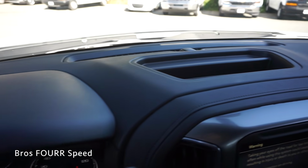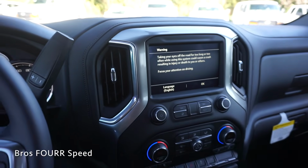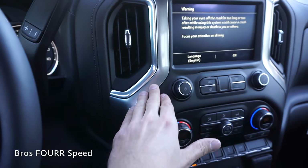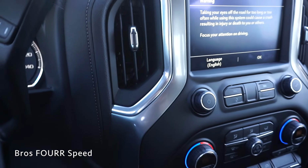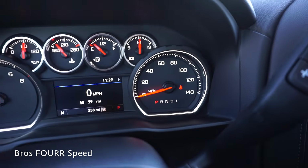We have a little bit of a storage pocket up top. We have more stitching and design around the whole center stack. More of the same aluminum color accents as well as a gray accent to it. Really clean look overall. To take a look at the gauge cluster, we have your speed on the right side